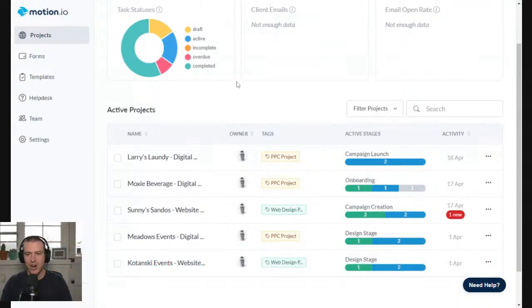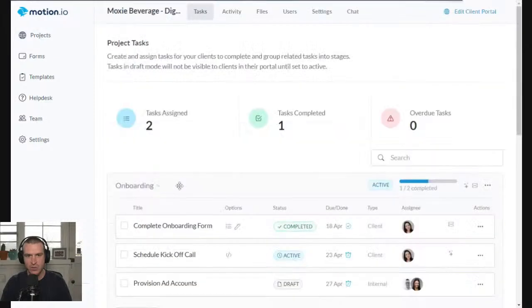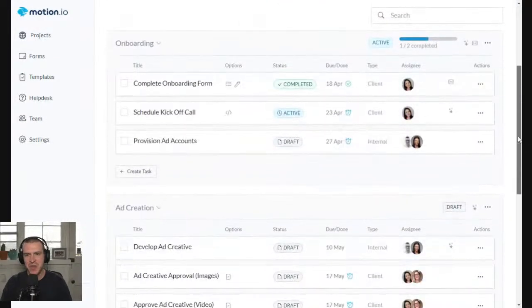So internal tasks are a brand new addition to Motion.io, and we're really, really excited to be offering this functionality. It's something that has been heavily requested by our users because one of the questions we would get before we released this was, hey, I'm loving Motion.io. I'm loving how seamlessly I can set up these projects from templates, onboard clients quickly, and provide everything they need in one location. But what I would also love is a way to communicate what my team is working on